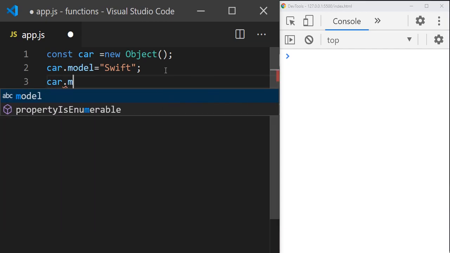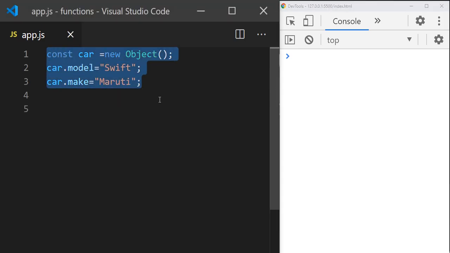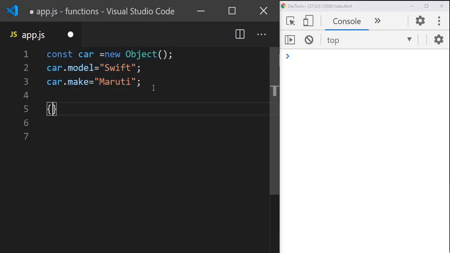car.make equals Maruti. If we go and see, this car object will be printed like this: braces, where we have model and its value, in this case Swift, comma, and another key, make, and its value.